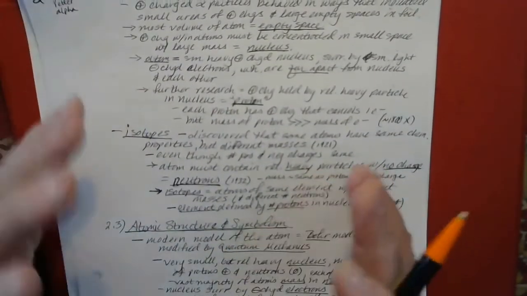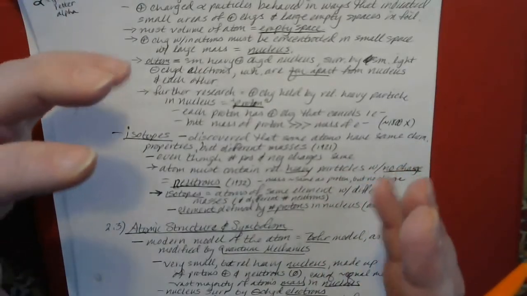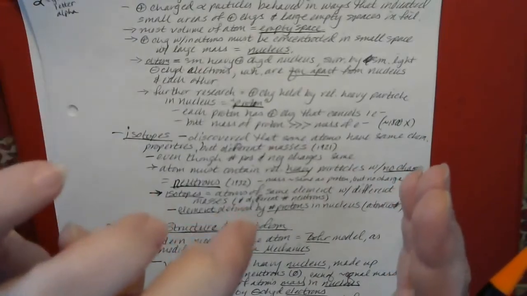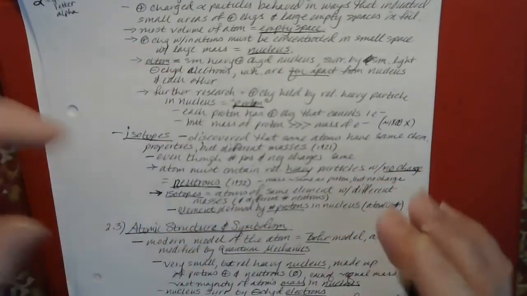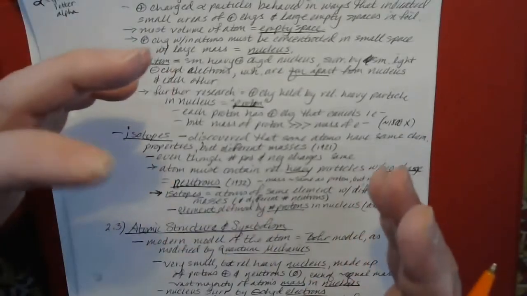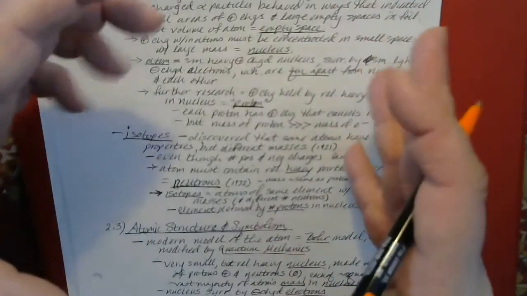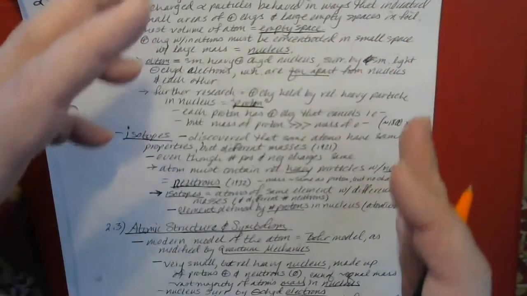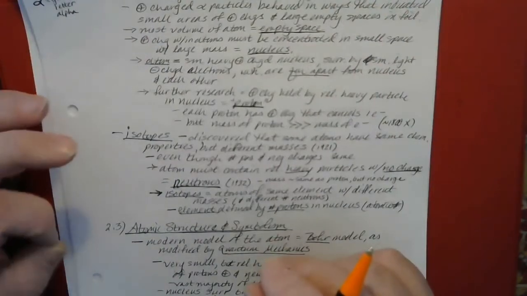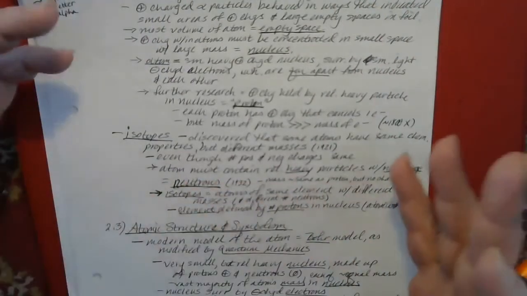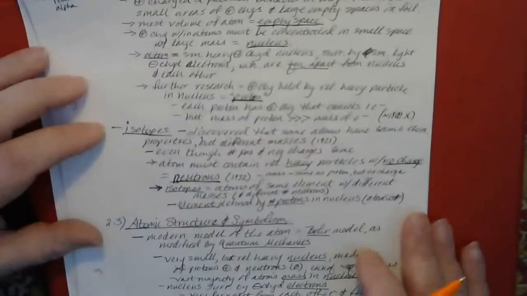So in an atom, a vast majority of the space within an atom is literally empty space between the electrons. And the nucleus is this tiny little thing down at the center. On the other hand, a vast majority of the mass of an atom is in the nucleus, and the electrons themselves weigh practically nothing. And of course, the huge amount of empty space between them weighs absolutely nothing. So a vast majority of the mass of an atom is in the nucleus, but a vast majority of the volume of an atom is outside of it. It is in fact empty.